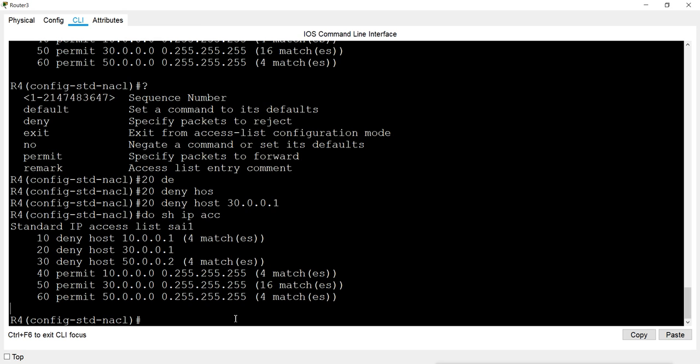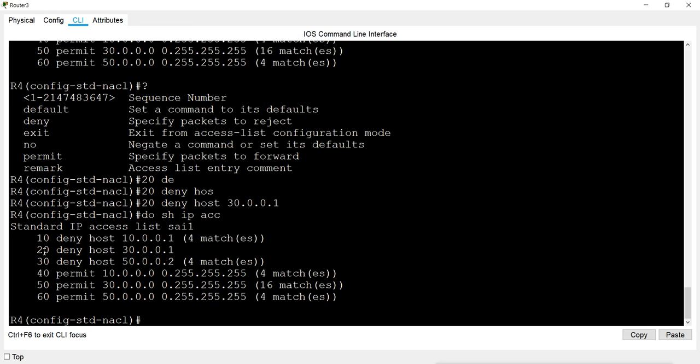First, in IOS 11.2, the benefit was that we can remove one entry and add new entries, but the benefit is limited to adding the entry at the bottom. We can only add the entry at the bottom, and that will make a problem like the one we have seen here. Now after IOS version 12.2, we have a sequence number for each entry. So we can create an entry wherever we want.